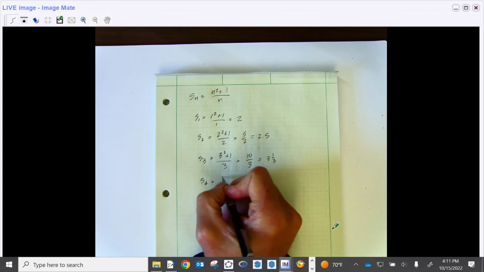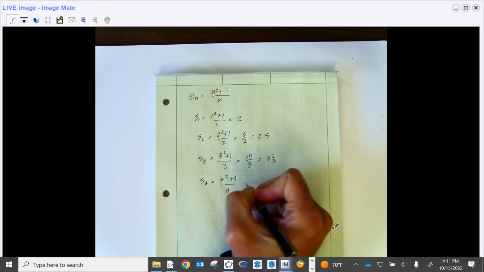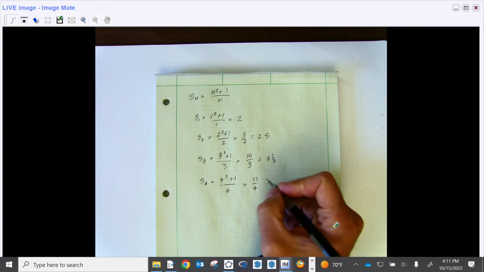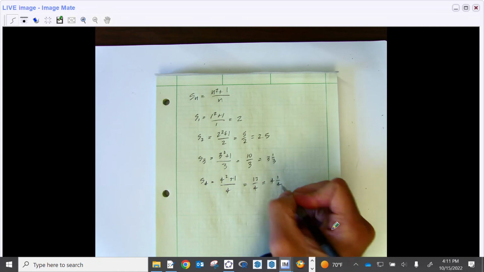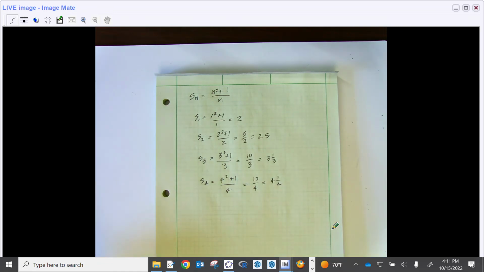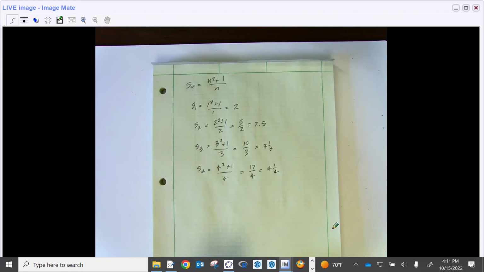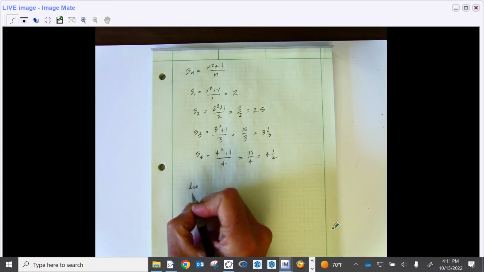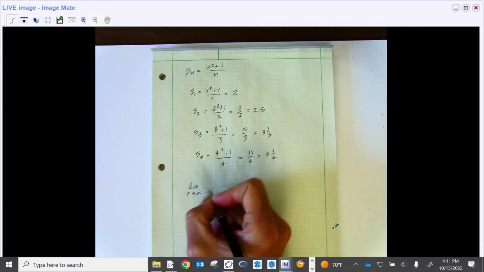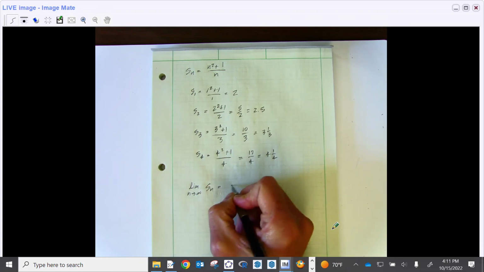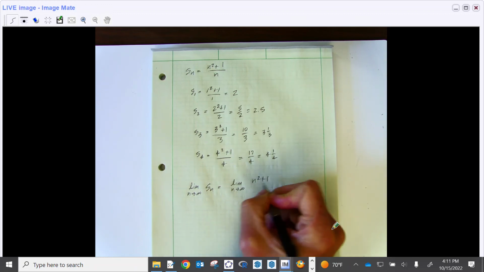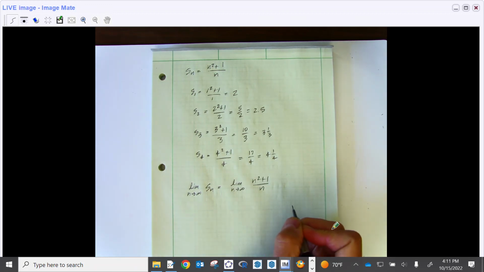S4 is going to be 4 squared plus 1 over 4. 16 plus 1 is 17 over 4, which is 4 and 1/4. I mean, at least at first glance, it appears that this thing is not converging. But let's see if we can apply what we know about limits to see what we get. The limit as n goes to infinity of s sub n is going to be the limit as n goes to infinity of n squared plus 1 over n. And one thing I notice is that